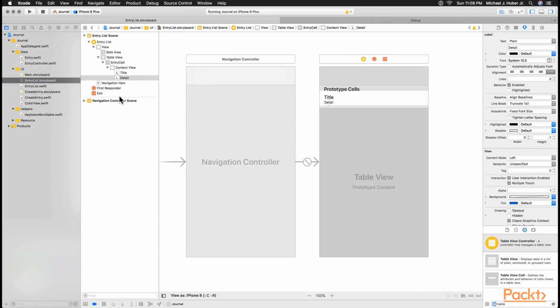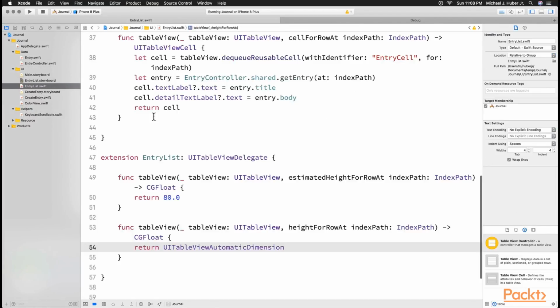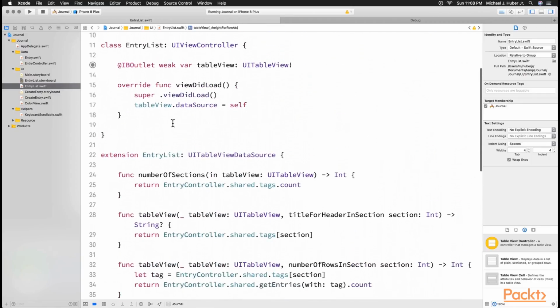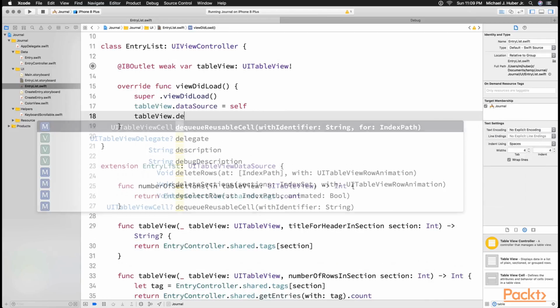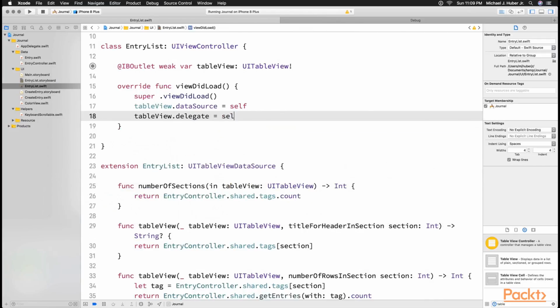We also need to go back to our entry list, and where we set the table view data source, we also need to set the table view delegate equal to self. And we can set that equal to self because we are conforming to the UITableView delegate protocol. Therefore our entry list is a UITableView delegate, and we can set the table view delegate to self, which is